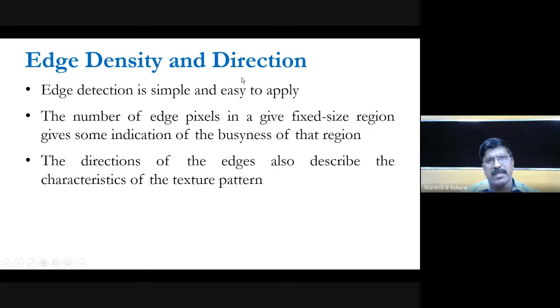Okay, so see that edge density and direction. Edge detection is simple and easy to apply. You have already studied in our second chapter how to detect the edges. And the number of edge pixels in a given fixed size region gives some identification of the busyness of that region. That means what they are doing here in edge density and direction is estimating the edges by using a simple edge detection technique, and then calculating the number of edge pixels in a given fixed size region. That gives some indication of the busyness of that region, and the direction of the edges also describes the characteristic of the texture vector. You know that edge magnitude is there and edge direction is there, so from that also you can estimate the textural property